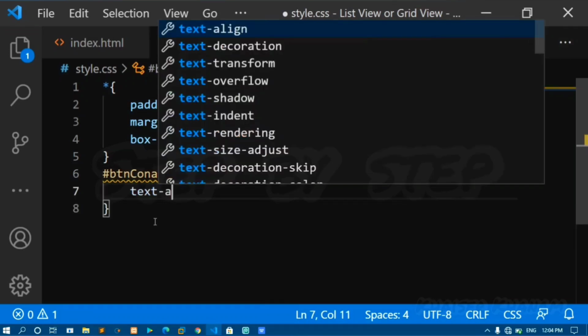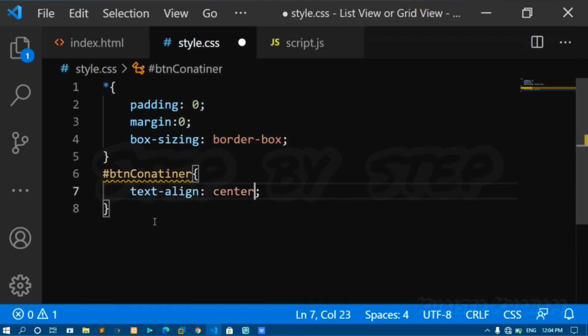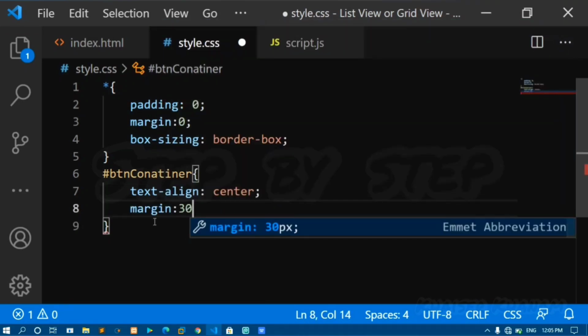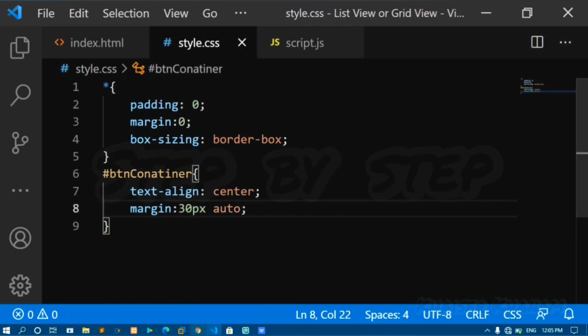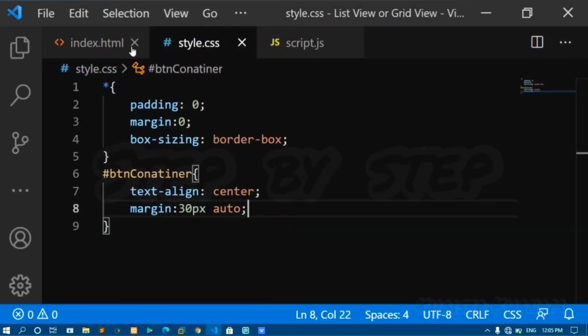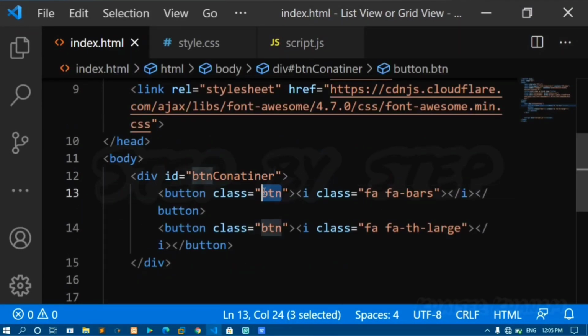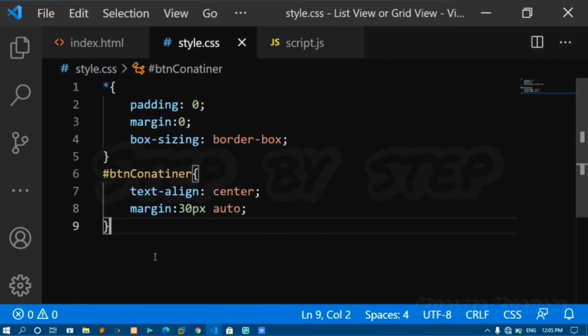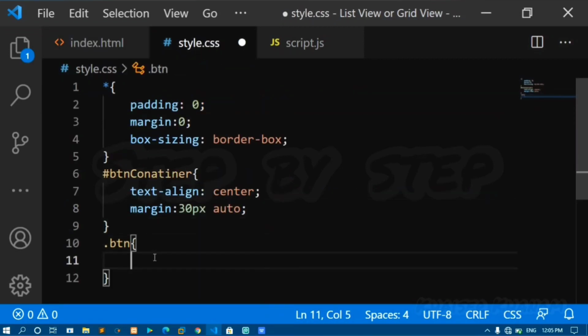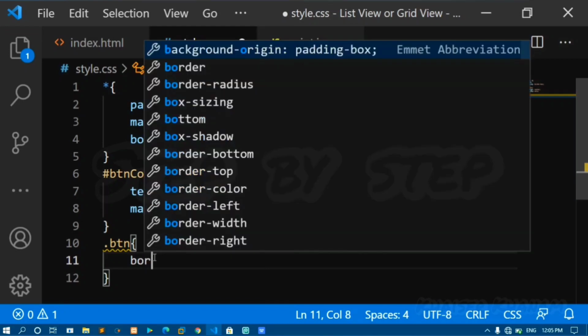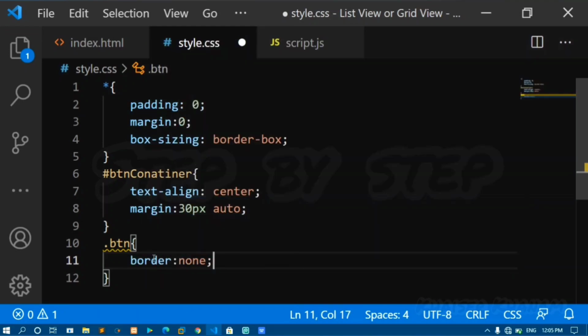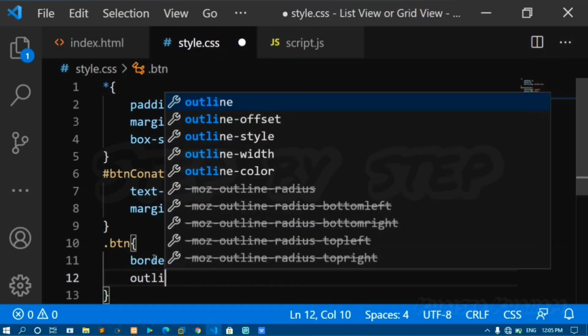I'll give text align to be center, margin top and bottom 30 pixel, left and right auto. You can see my buttons here. I'll copy this btn class, I'll paste it here. For that I'll give border none, outline none,